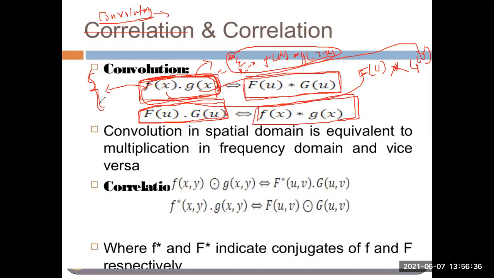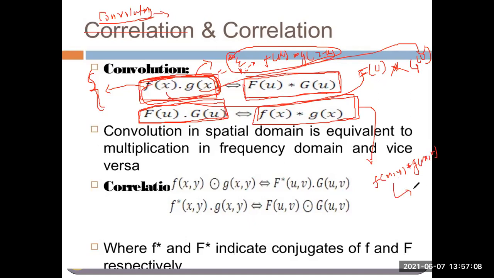Because whenever we want to find the convolution of any images, instead of finding the convolution, we will find the multiplication in the other domain. Okay, clear? Similarly, this can be extended to two dimensions also. Suppose one signal is f(x,y), then you have to find the convolution of this with respect to g(x,y), another signal.